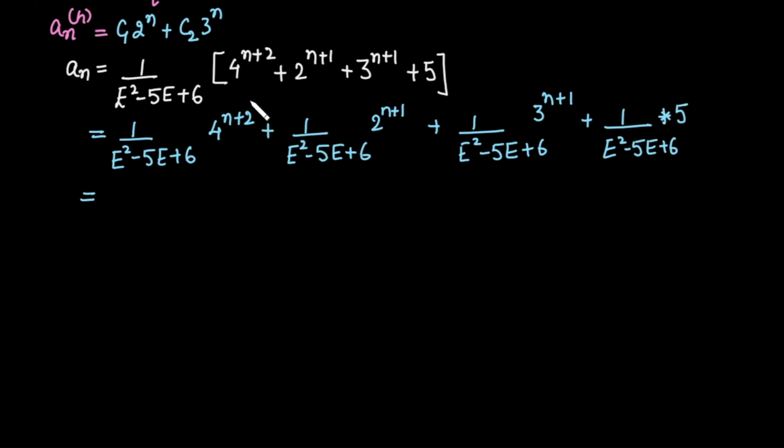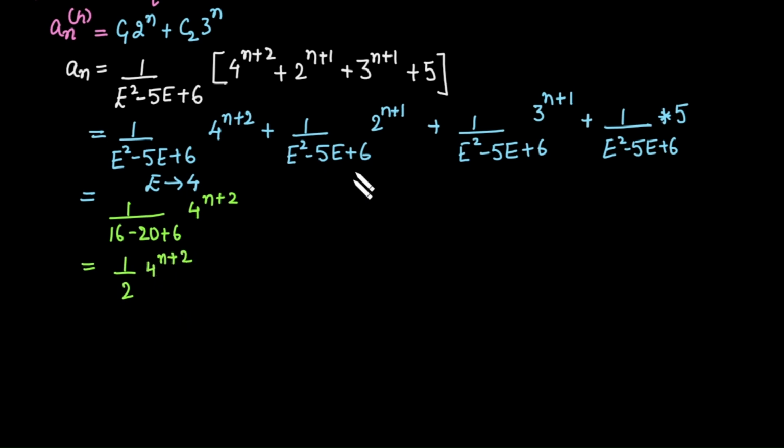In this case, we are getting a constant raised to power n, and we replace e with 4. This will give you 1 upon 4 squared, which is 16, minus 20 plus 6, times 4 raised to power n plus 2. Check whether this is a case of failure. 16 plus 6 is 22, minus 20 is 2. So this is equal to 1 by 2 times 4 raised to power n plus 2,